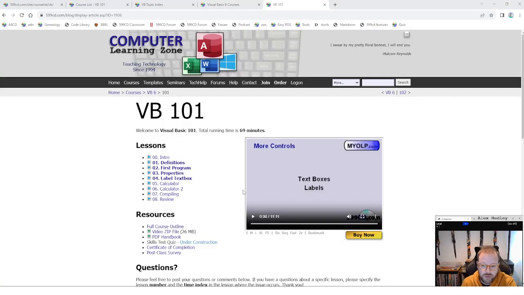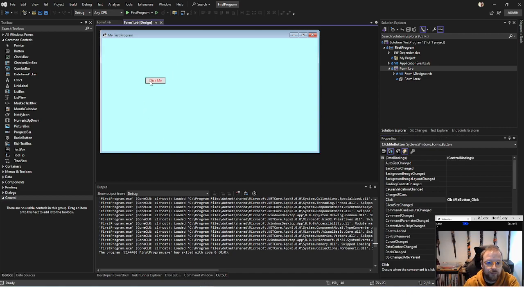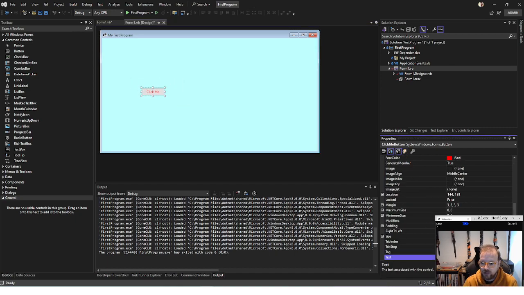In this lesson we're going to run through some different controls, this time text boxes and labels. So if we drag the button out of the way for a second, we can add some other controls. As you can see, we can resize a button much like we did for the form, and you can just drag it around to wherever you want. And if we look at the properties, you'll see that the location of that